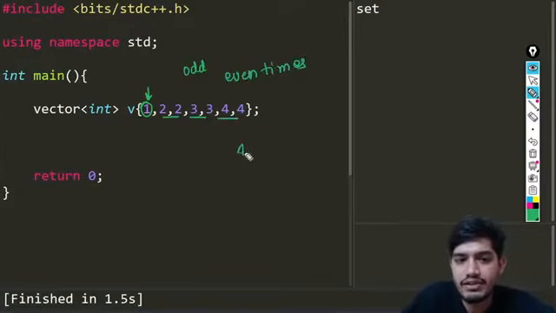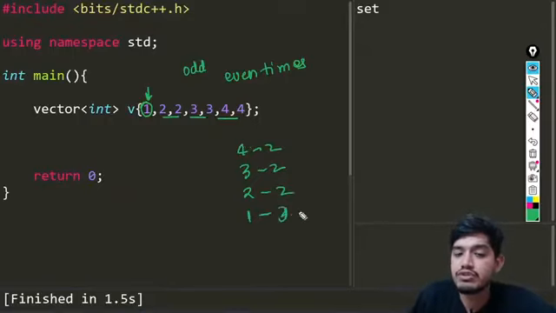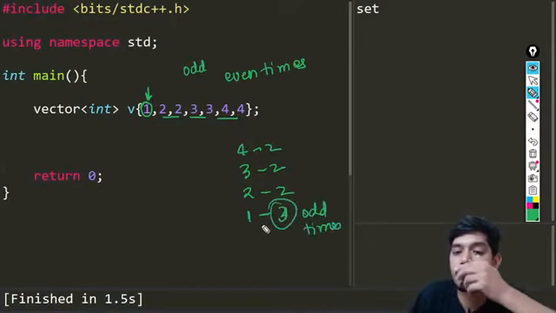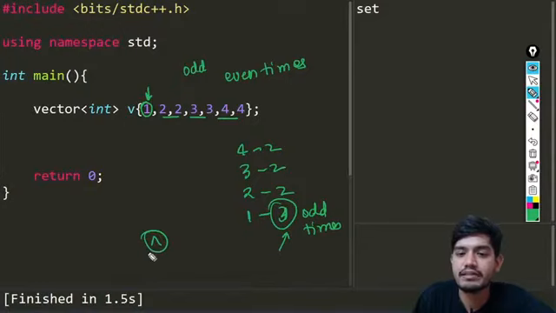Okay, so you can see 4 is coming 2 times, then 3 is coming 2 times, 2 is coming 2 times, and 1 is only coming 1 time. There can be another example where this is coming 3 times, but the occurrence should be odd only, and we need to find that number. So how can we find that number? Using this XOR operation.